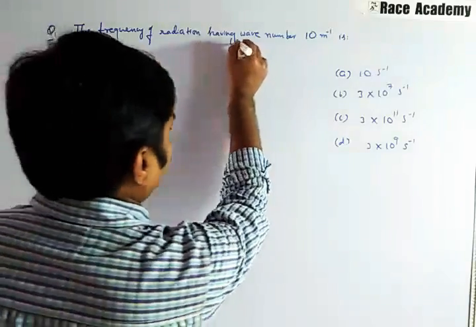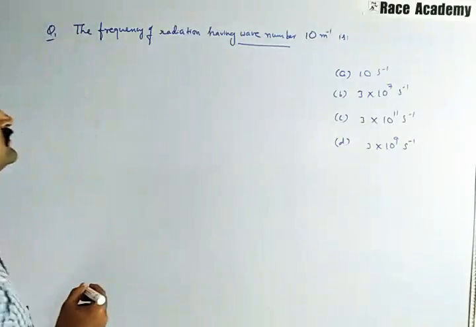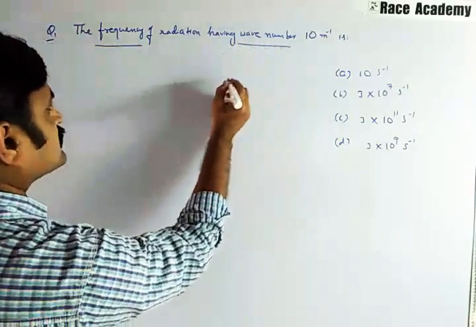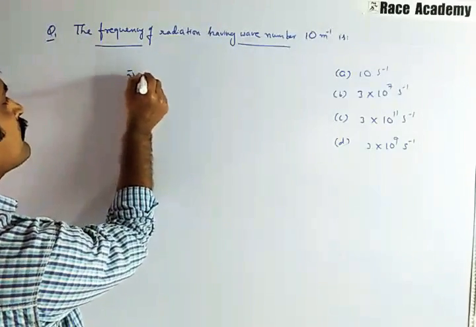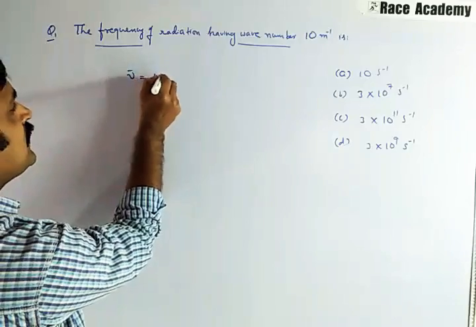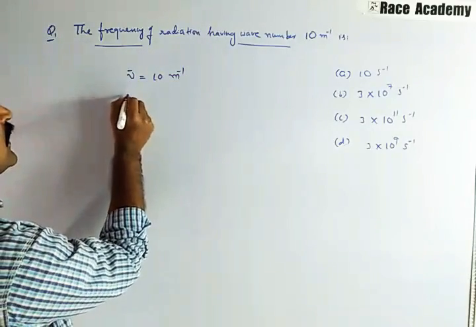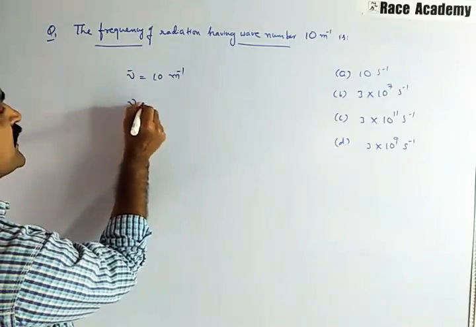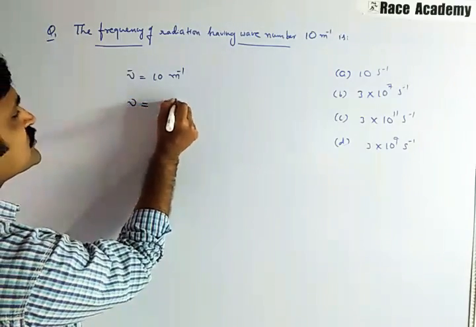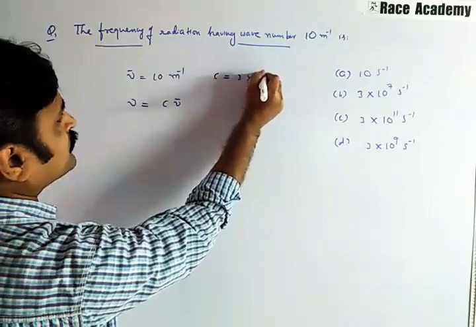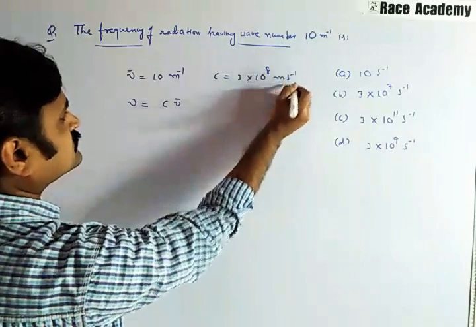The aim of the problem is frequency calculation using wave number. So what is the wave number given in the problem? It is 10 meter inverse. And the aim of the problem is frequency. Frequency is equal to C into nu bar. Once we know the C value, that is 3 into 10 to the power of 8 meter per second, we